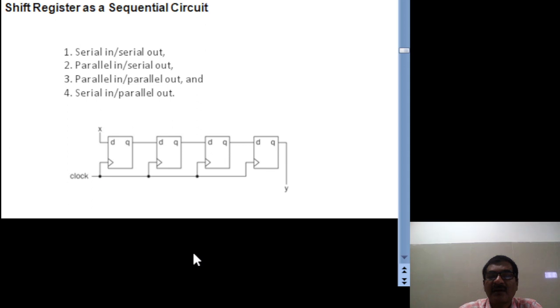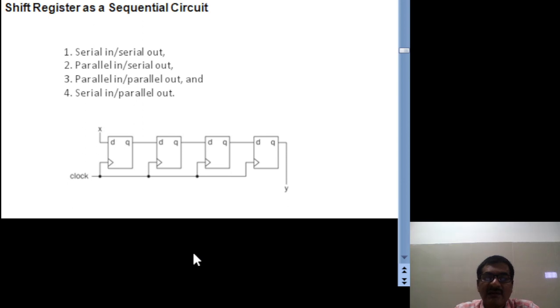First of all, this is the example for the register, which includes D flip-flops. How many D flip-flops here? Four D flip-flops. This register consists of 4 D flip-flops, all driven by the single clock signal. So this is a synchronous sequential circuit, and the data can be put into the register